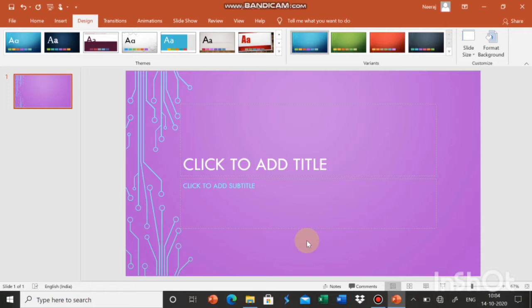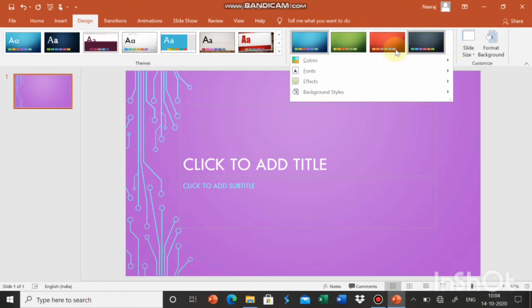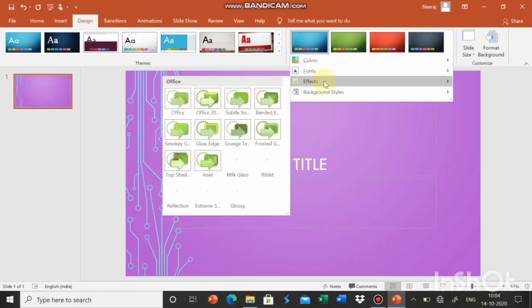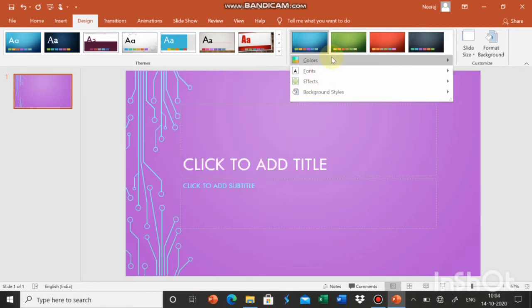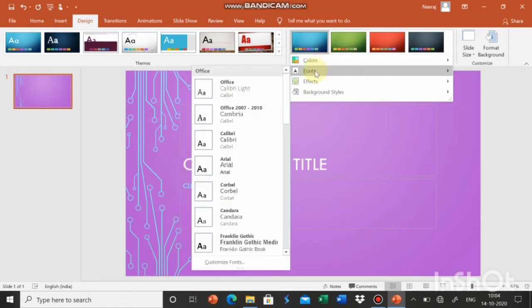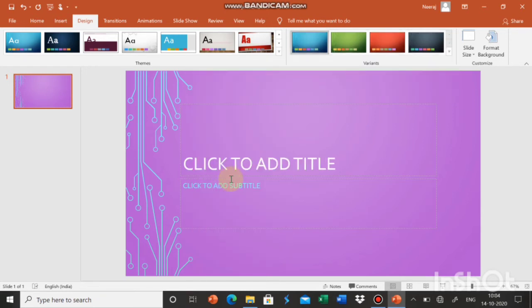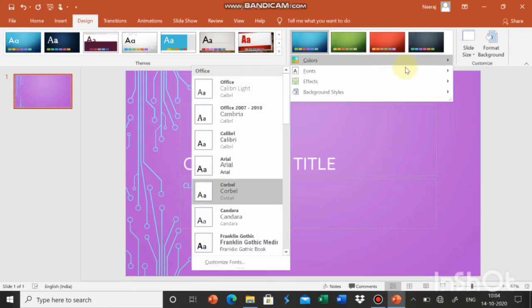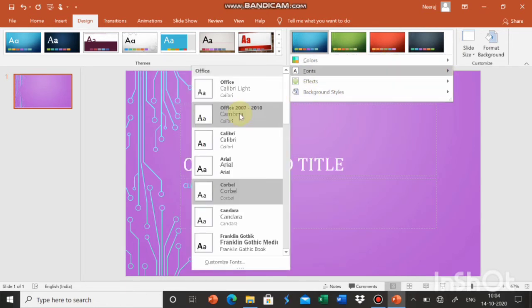We can add different effects also. Again, click on this drop down arrow. Go to the effects. Here you can find different types of effects for your slide. Let's see the font option. Here you can find different types of font options. As you can see at the background, the font is changing.